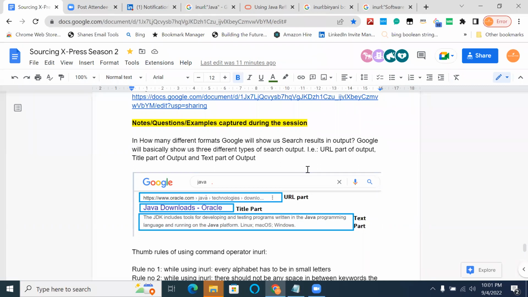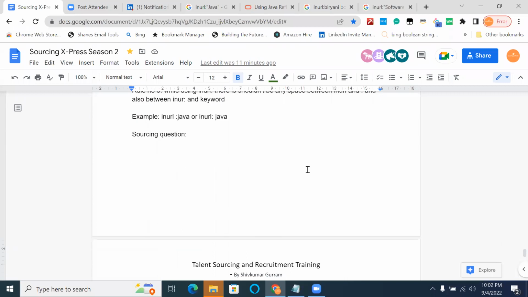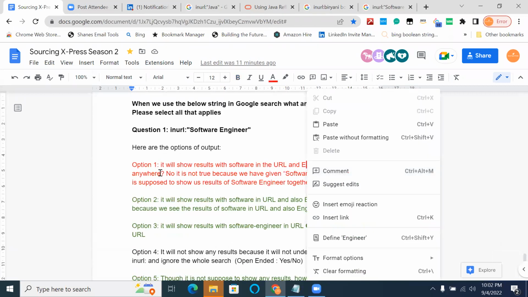What will happen when we use space or double quotes or anything like that? Any question? Yeah, I have one question. If I say in URL: software engineer without double quotes, what would be the result it will show? It will show software in the URL and engineer could be anywhere. In that case, the first answer would be true.